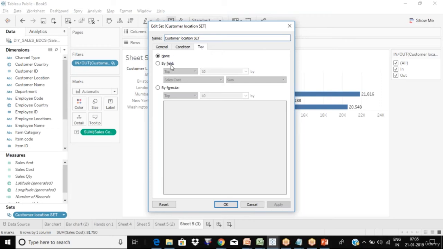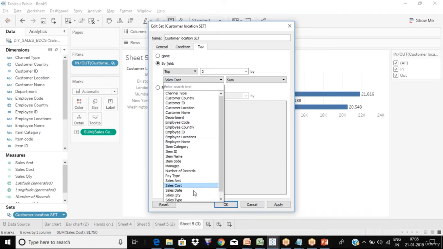So you would say top and you would say by field, and you have two options here, top and bottom. Which analysis do you want to do? Okay, I want top. You will change here. You want top 5 or top 10 or how many? Let's say I want top 2, but based on which numerical column? It should be there, right?